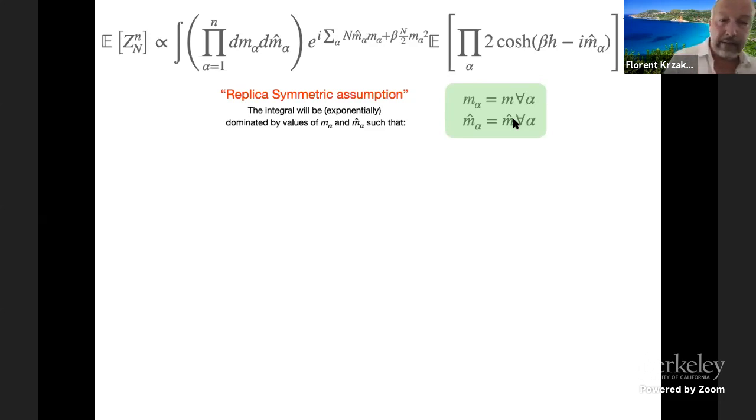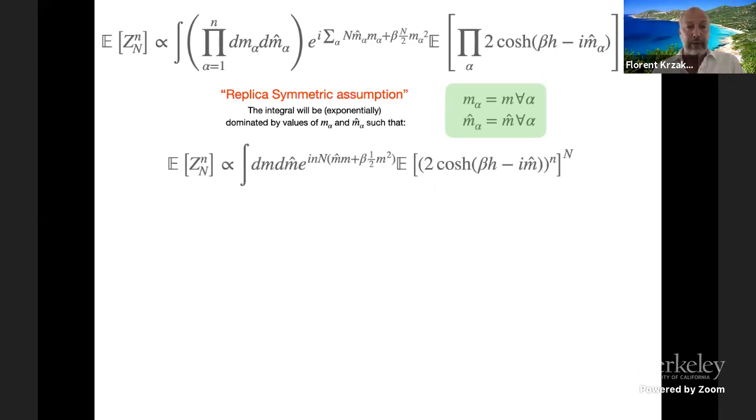Interestingly, this is the part that breaks in more interesting computations. And in fact, we know that the replica symmetric assumption can be totally wrong. And the way to do a replica symmetry breaking, to find the correct saddle, is very tricky. It was something that was understood by Giorgio Parisi, and he basically guessed it. And it was a major achievement, and it took physicists 10 years to believe that it was a correct guess, and mathematicians 10, 15 more years to actually be able to prove it. I will try to avoid replica symmetry breaking.